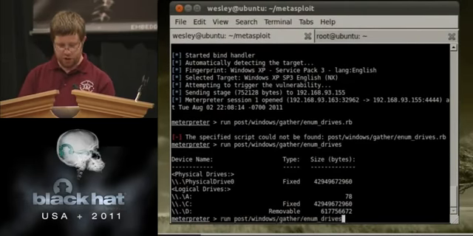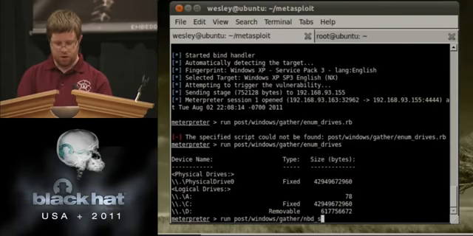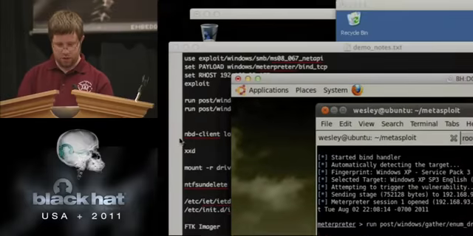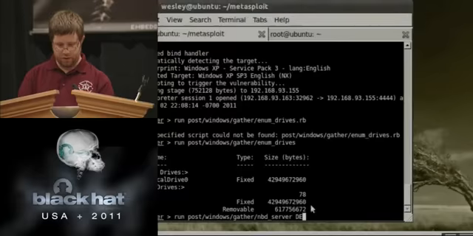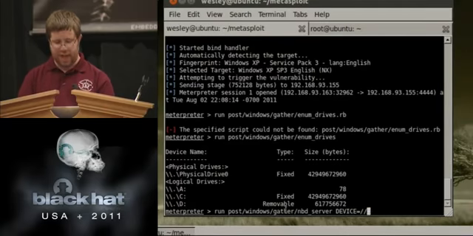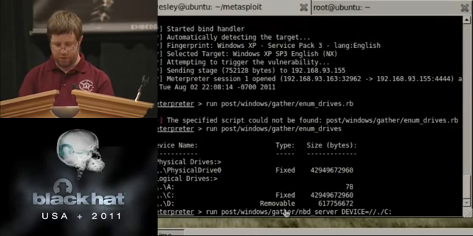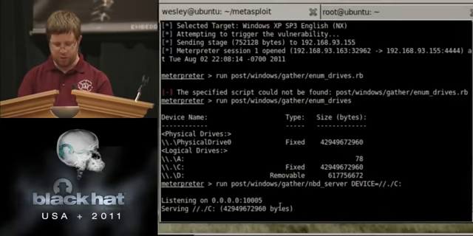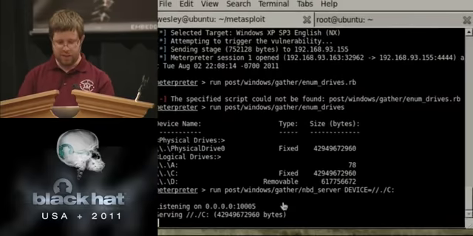So we're going to now set up an NBD server and its device to point to that C drive so that we can look at it locally and remotely. Now one little trick here is you can do these backslashes, but you'd have to escape them, but the forward slashes work just as well here. So we do forward slashes so we don't have to type two for every one. And that sets up our NBD server.